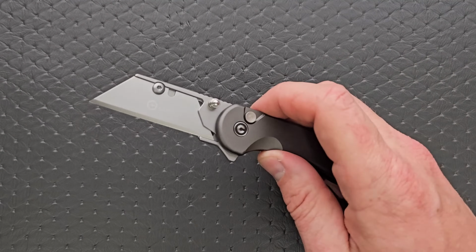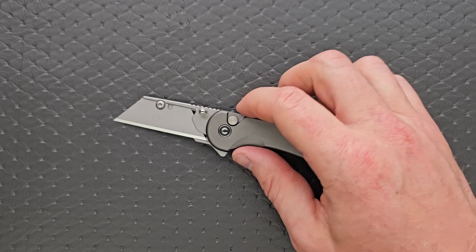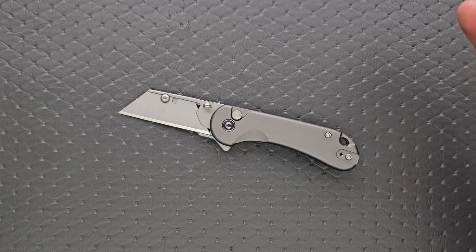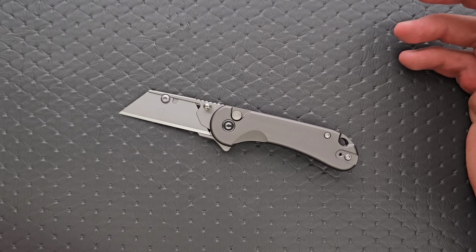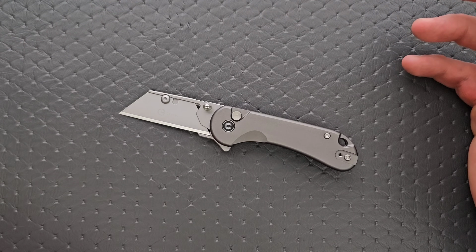So that's fine, right? This isn't the type of tool that you're going to go out and really absolutely pound on. So what do I think of this overall? I think it's cool. I think it's fine. There's been this sort of uptick in people taking the whole utility knife idea and putting it on a frame